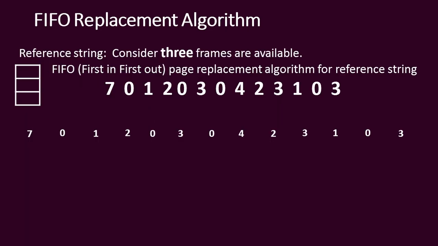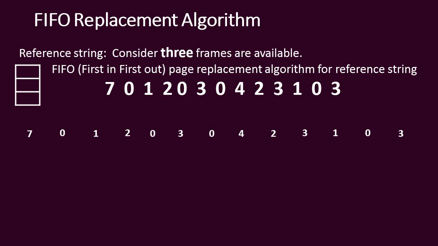So let us take this example where the reference string is as shown. Here we have considered 3 frames of memory and we are going to put these pages in the memory. You all know that if the CPU demands a page and it is not in memory, then a page fault occurs, and if the desired page is in the memory, then we call it a page hit. So let us calculate how many page hits and page faults occur in FIFO.